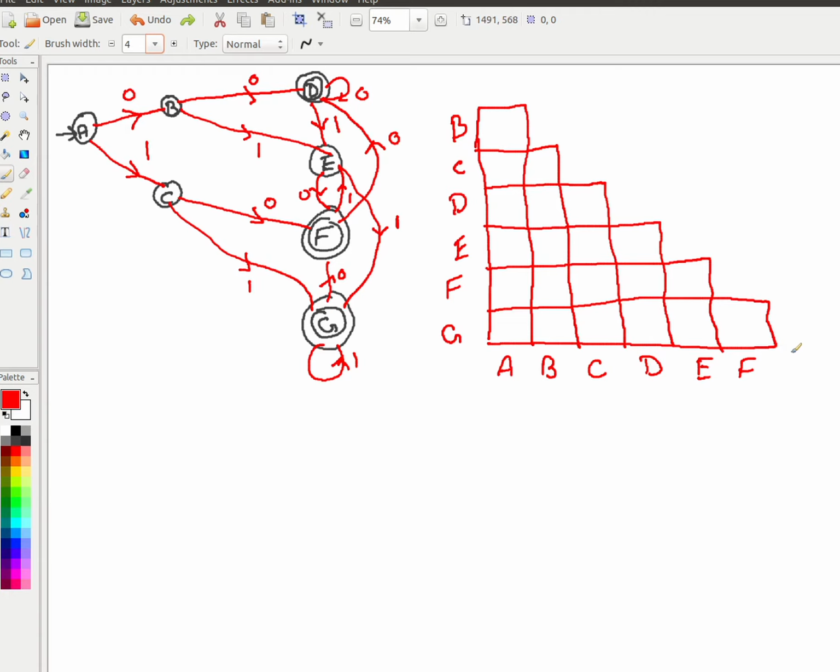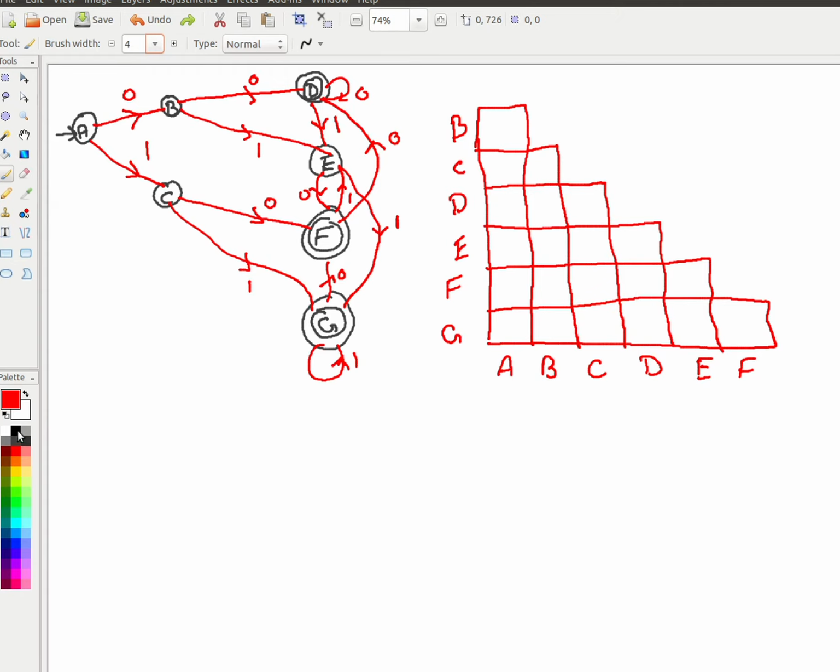You don't need G here, right? Because G is already paired with all of these. G with G itself, I have already deleted the diagonal, and even the upper triangle. So this is a lower triangle. A is deleted here, and the upper triangle. You could do it the other way, it doesn't matter. Altogether it is n squared minus n times n minus 1 by 2 minus n entries, right? So now we need to fill it.